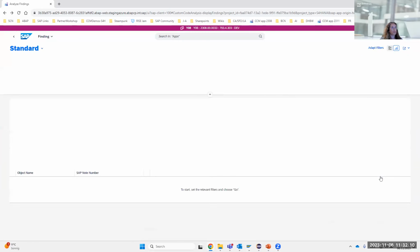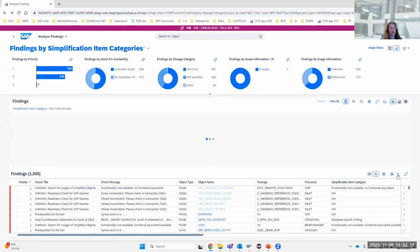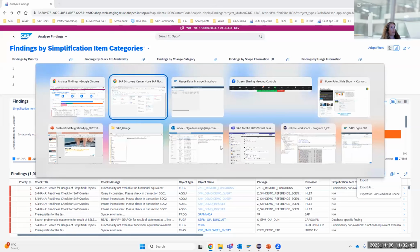Here, if you go back, you have the possibility to download the analysis results. You can do it here. With the export function, you can export it as Excel and download it, or export in the format which is suitable for upload to SAP Readiness Check. You can use this option to give a representative view over your custom code in the system, also in the SAP Readiness Check. So this is how the app works